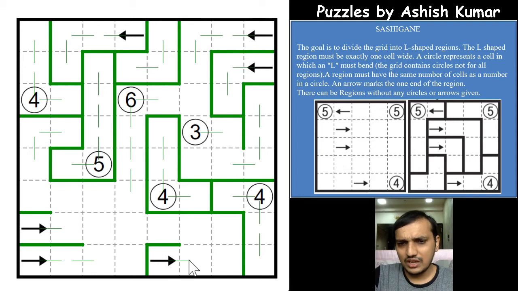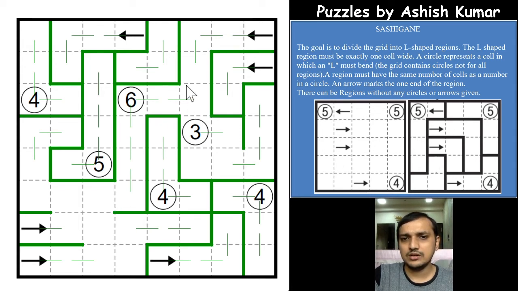If you see this arrow, it cannot go up, because if it goes up, you have a 2 cell region that cannot form an L. So it has to extend ahead and go up, forms an L, and if you see this cell, it has to extend to form an L, which will not connect to the 6, and there is only one cell pending for the 6, which will be here, and one cell pending for the 3, which will be here, and the 6 is also completed.